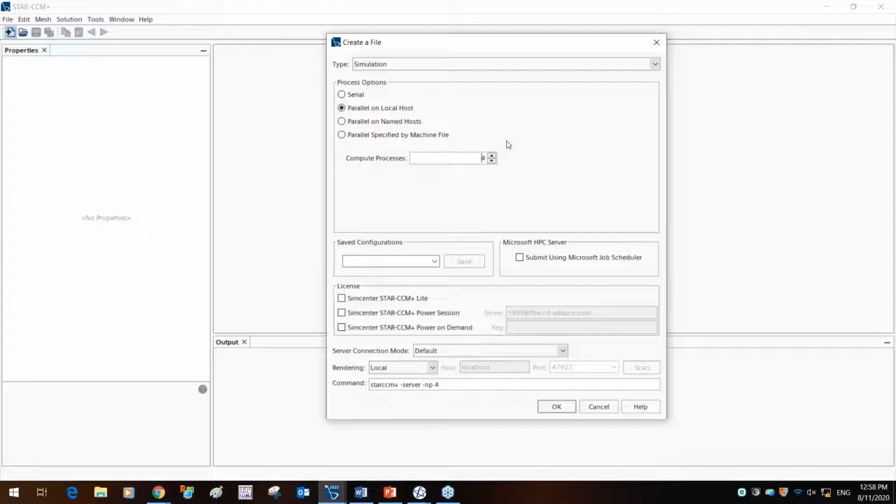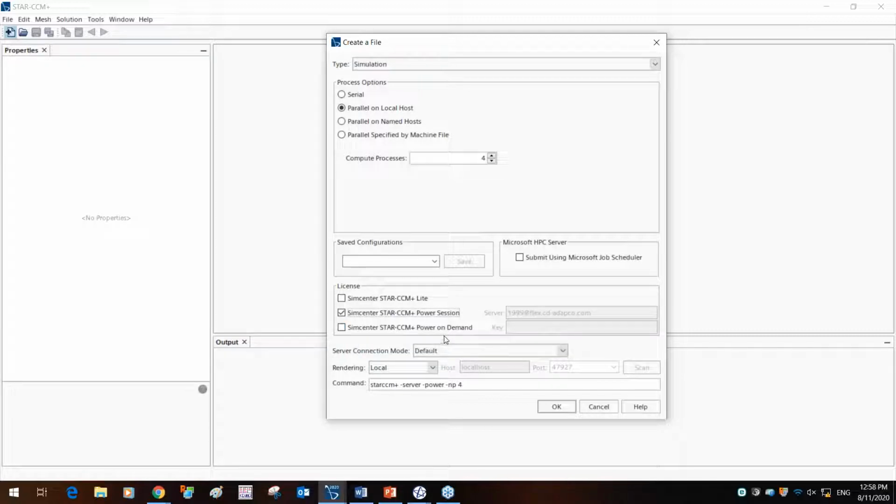Now, many of you within the Hands-on Simulate series have been given Power Session licenses. So I'd like you to check your licensing file and see whether you have a Power Session license. What this provides you is an unlimited number of cores. So make sure to activate that if you have a Power Session license. Another license feature that I'd like to introduce you to right now is the Power on Demand.